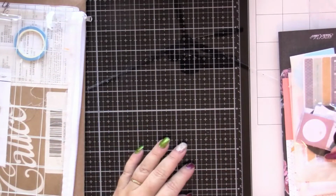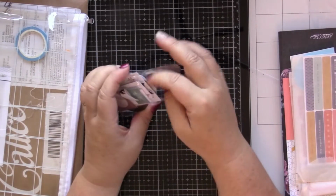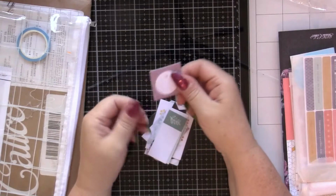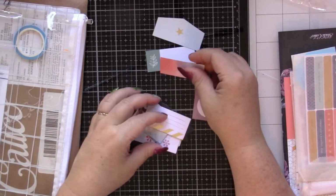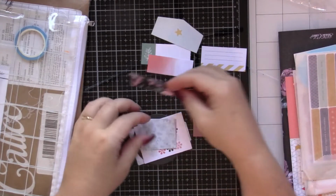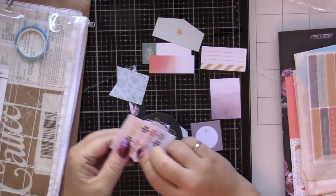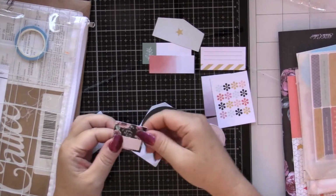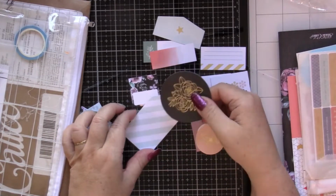Then next we got a little, I don't think I even opened this. We got a little baggie full of what I am presuming are die cuts. Let's get them out of there. So a square with a circle, banners, arrows. Am I on screen? Yeah, okay. Banners, triangles, flags, thick and thin, square. So these are all very plain and functional. There's nothing fancy or weird, or you have to figure out how to use it type of thing. There's one with a little journaling spot, and then we get a nice big flower, and we get a nice big